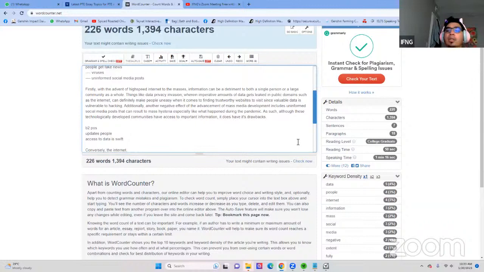We can use the semicolon again here, so see, it improves our grammatical range. Conversely, the internet, which is a byproduct of societal development,